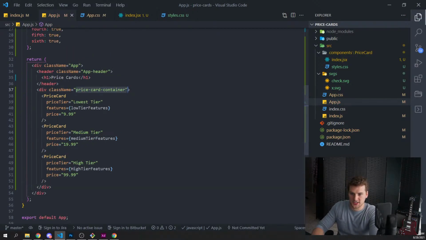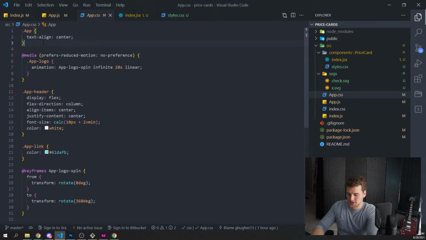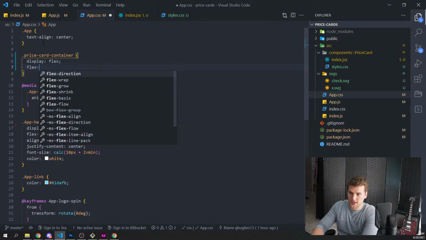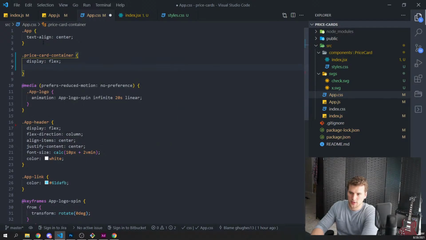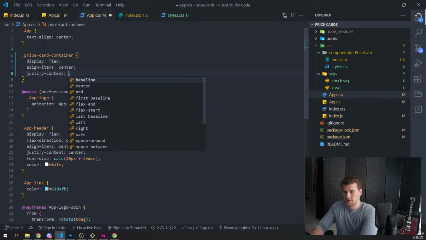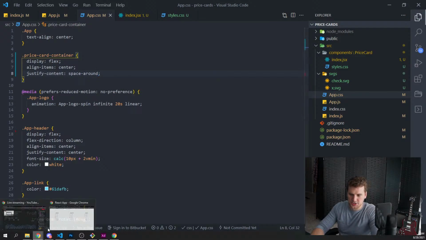And then we need to get this. And then in our App CSS, we'll just stick it right here. And we'll say display flex. Flex direction is going to be row. Align items center. Justify content center, or not center, we want space around, because we want spaces on the edge too.